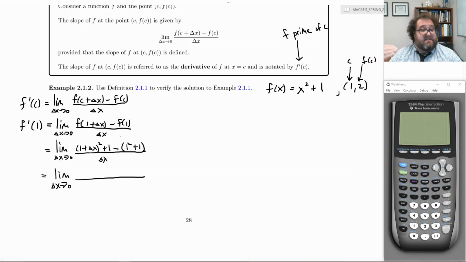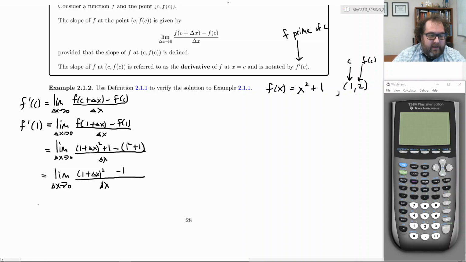We're trying to find the slope at x equals 1 for the function x squared plus 1. So now all I'm going to do is clean up a little bit. I'm not going to do too much at one time. I could do more right now, but I'm going to leave that as 1 plus delta x squared. But what do I have? I have 1 minus 2. The 1 squared plus 1 is 2, so I have 1 minus 2, so I get minus 1 over delta